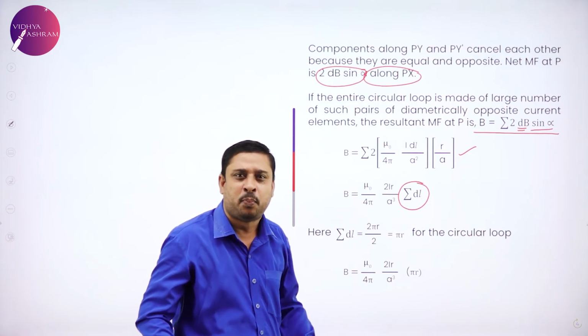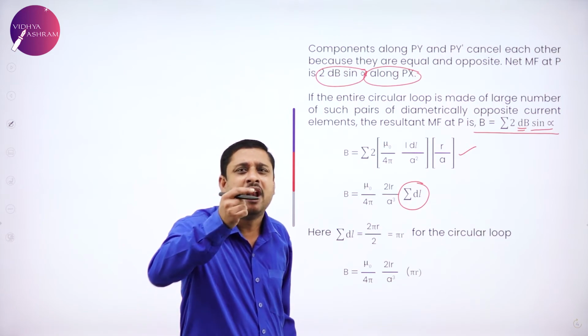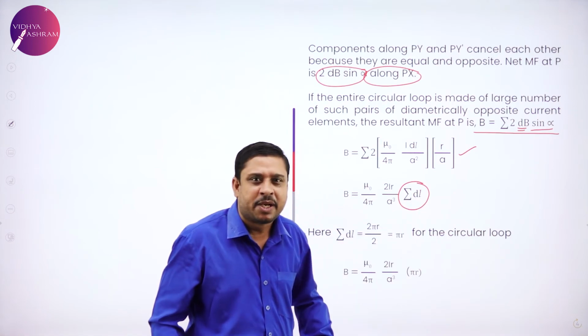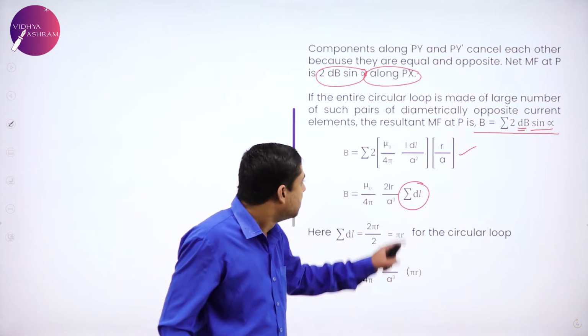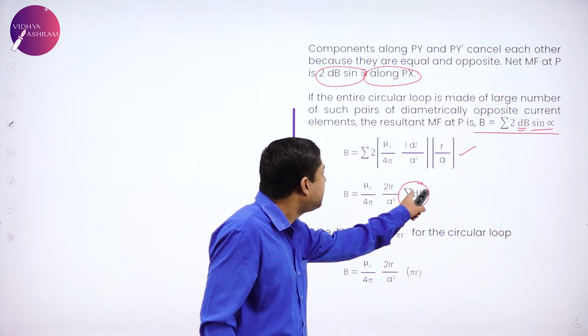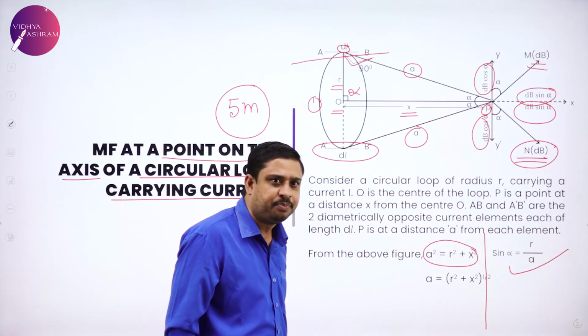DL, small length. So the moment I write this D, it means it changes. So summation DL. Now what is this summation DL? Again, if I observe the diagram,